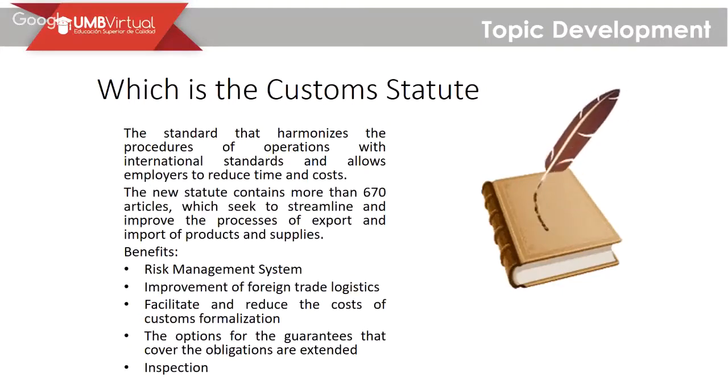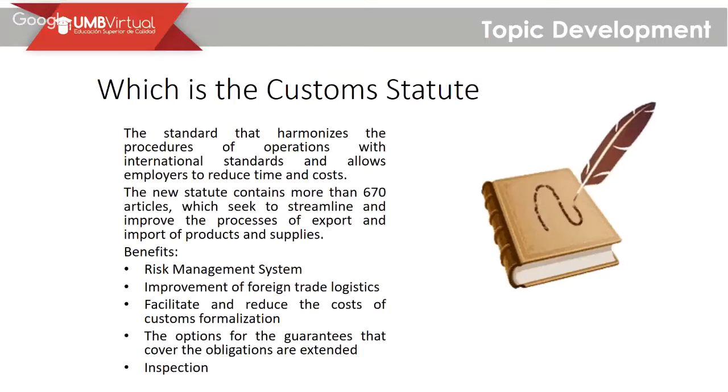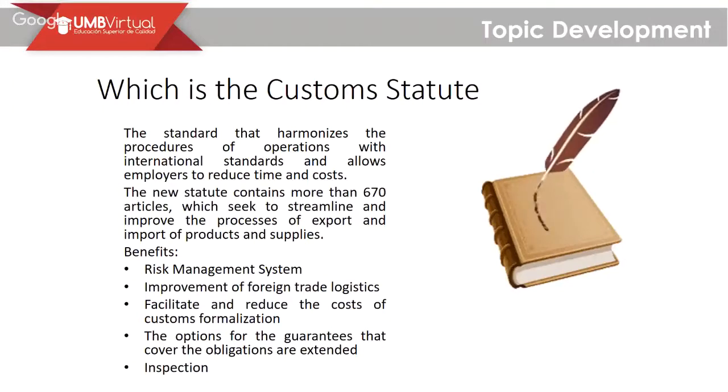If you read the document and implement it, you are going to be aware of all the cautions that you have in order to make an implementation of the import or export process. Also, the improvement of foreign trade logistics. This has to do with all the tariff codes that you have to check when you make an import or export process. You have to place the tariff codes that are established in the Customs Statute in order to check that everything is okay and pay less taxes.